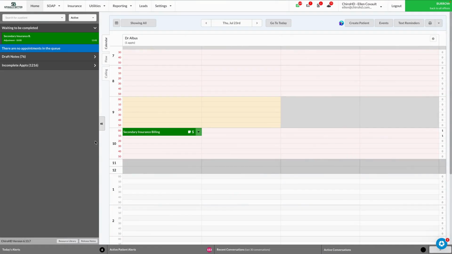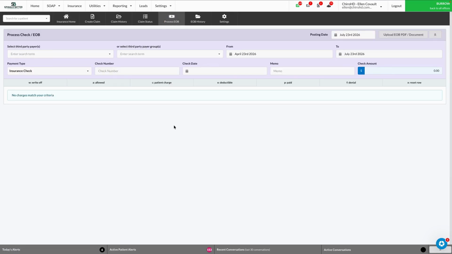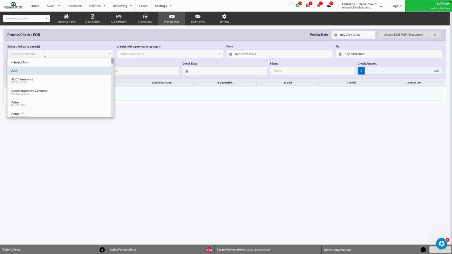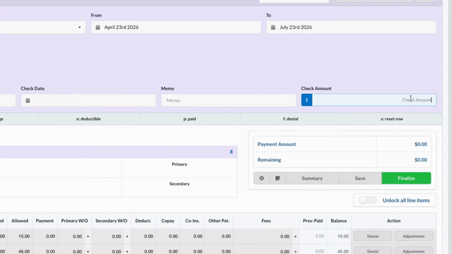To post a secondary EOB, I'm going to click on Insurance. And again, if it's an ERA file, it will flow into this Insurance home screen. Or if I'm manually entering it, I can click Process EOB, enter the third-party payer, and all the other necessary information on the EOB postings, which again, we have videos dedicated to that. I would enter in the check amount,